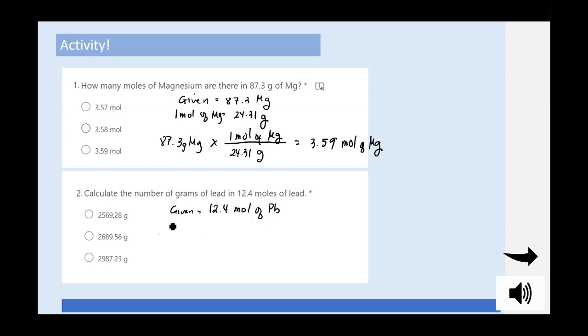Then let's create our conversion and look at the atomic mass of lead. 1 mole of lead is equal to the atomic mass, which is 207.2 grams. So when we multiply this one, we have 12.4 moles of lead, and then times,